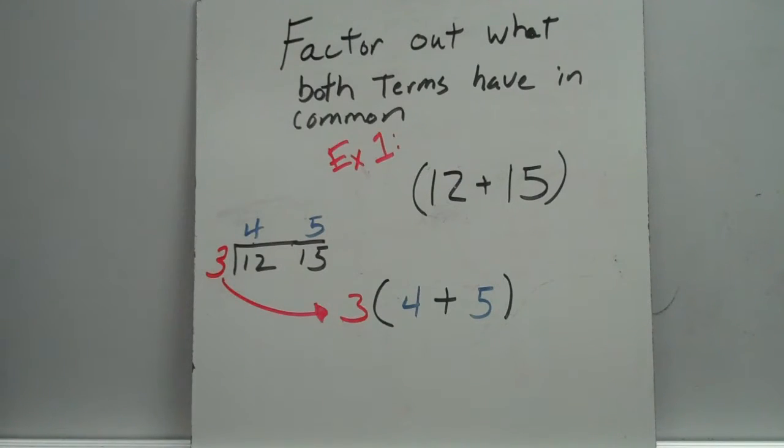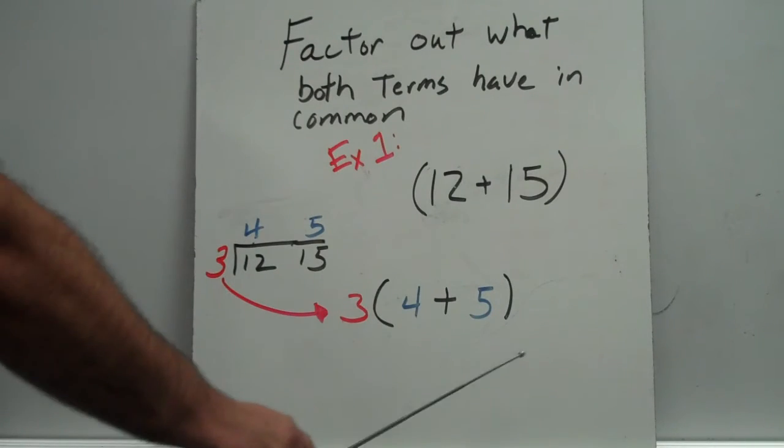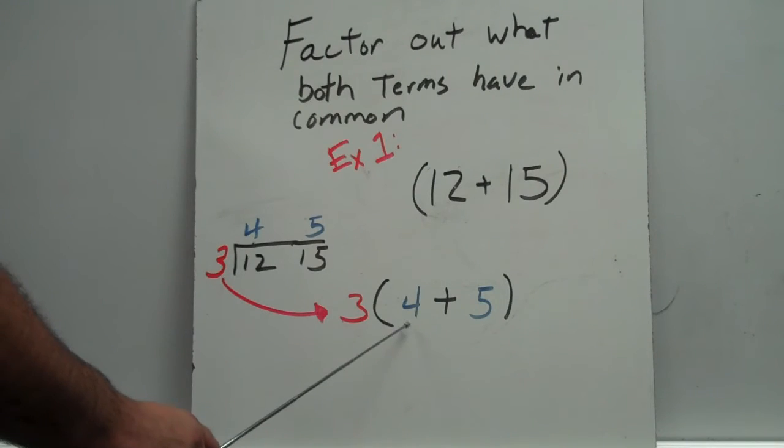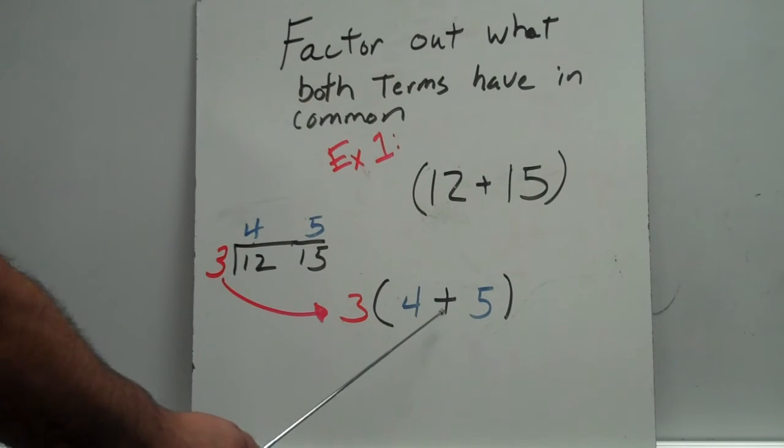So we can go down here and you can see I've done the birthday cake already. So 12 and 15 have 3 as a common factor. 12 divided by 3 is 4, and 15 divided by 3 is 5. So we're going to take our common factor and we're going to put that outside the parentheses, because that is going to be distributed or shared to both the terms inside. We're going to move the 4 down here and the 5 down here,